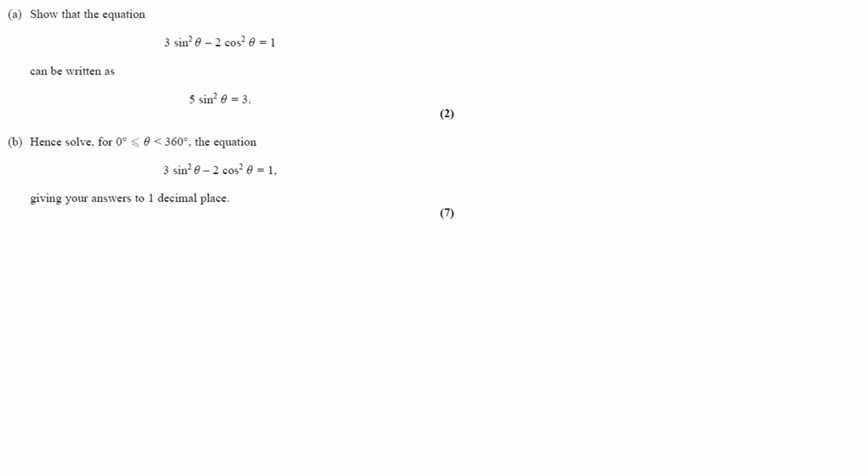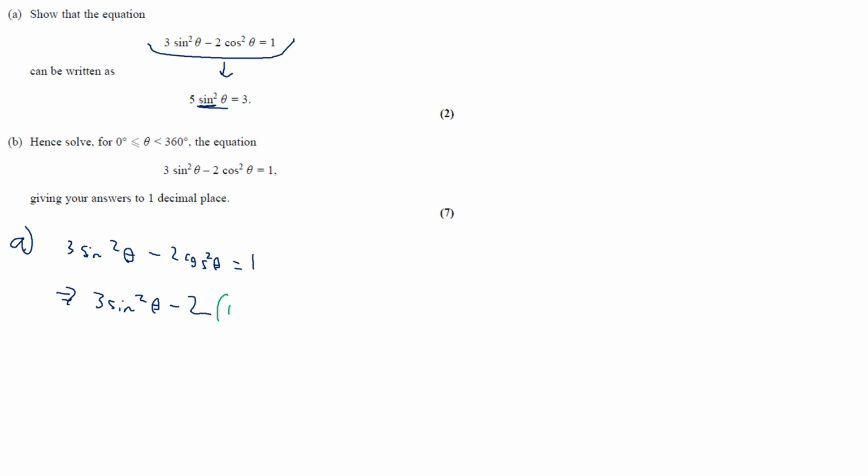Now let's go on to this example. Most of these questions start out the same. You have to prove that one form is equal to a simpler form. So in part A, 3 sine squared theta minus 2 cos theta is equal to 1. The first thing we need to do is realize this is written in sine, so we change the cos into sine. So this will be 3 sine squared theta minus 2 times